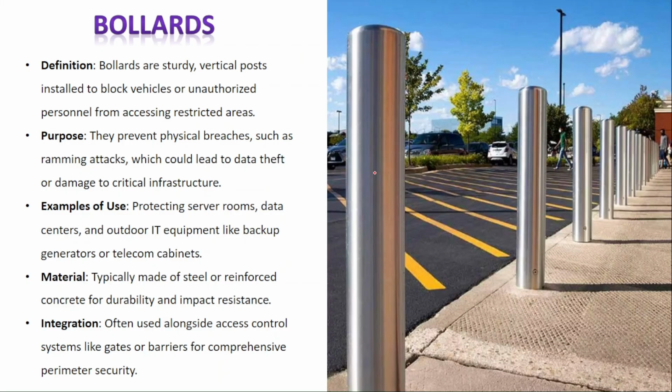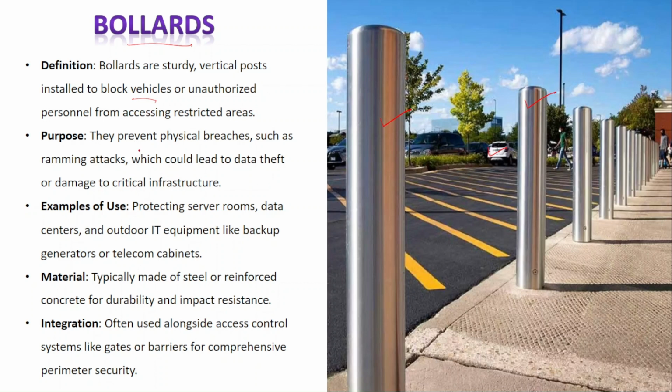So now some of the measures that are taken for physical security, and the first one is bollards. So bollards are sturdy vertical posts installed to block vehicles or unauthorized personnel from accessing restricted areas. So primarily bollards are employed for vehicular access. As you can see, it cannot prevent personnel from entering the facility, but the primary purpose of installing a bollard outside a facility is to prevent vehicles from entering or damaging the facility, either intentionally or by some